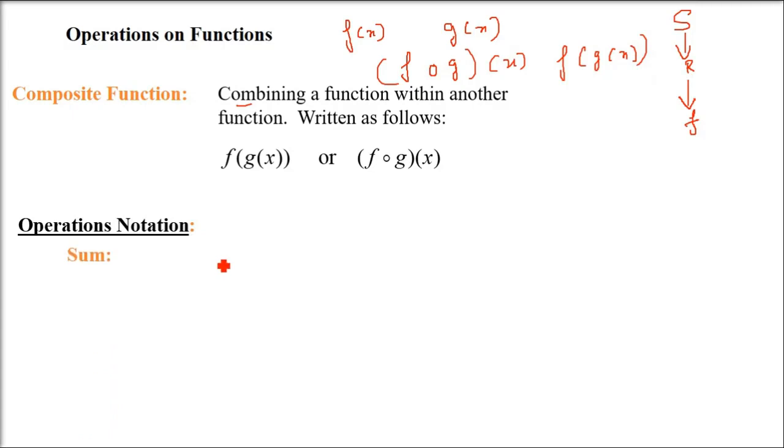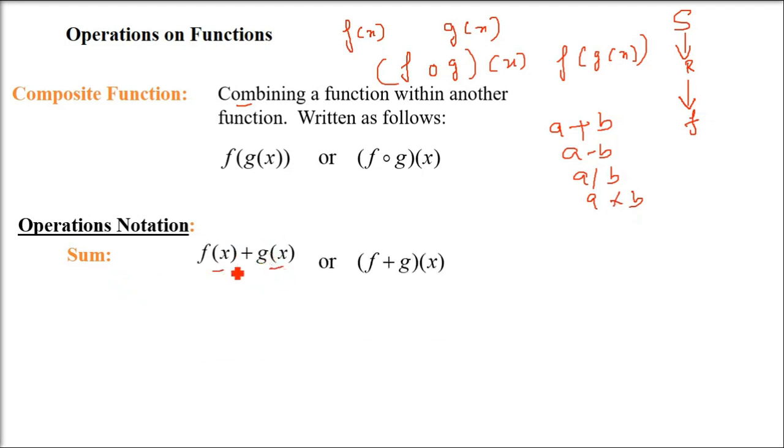What are the operations possible on a function? As we have the relation operations, similarly we have operations on functions. If I take two numbers, for example a and b, we have certain algebraic operations: a plus b, a minus b, a divided by b, a multiplied by b. Similarly, when we have two separate functions or multiple functions even, f(x) plus g(x) you can write like (f + g)(x) you can also write.